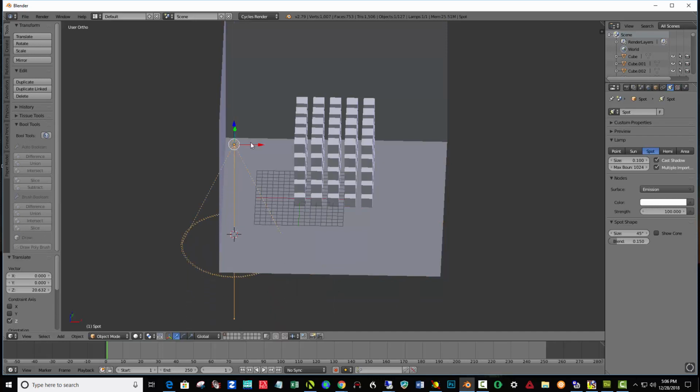And let's move this into position, and want to rotate it so the cone is projecting on the back wall here. So I want to hit R, and then just rotate that up and move this